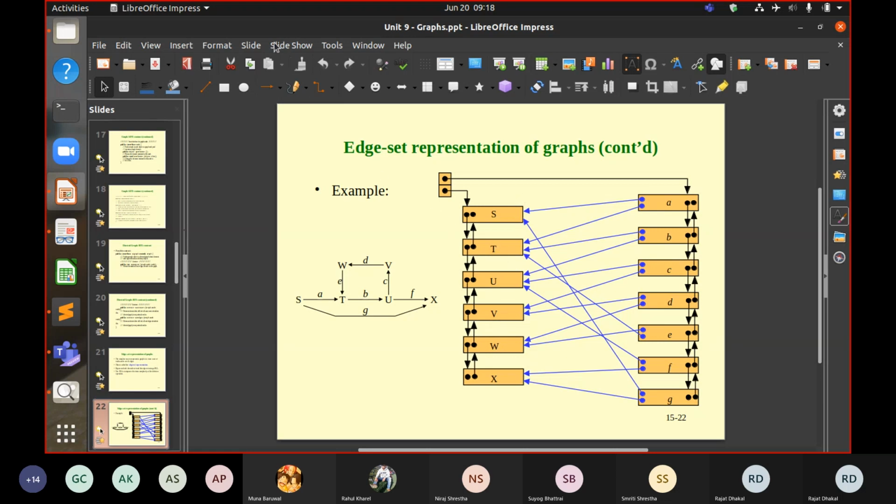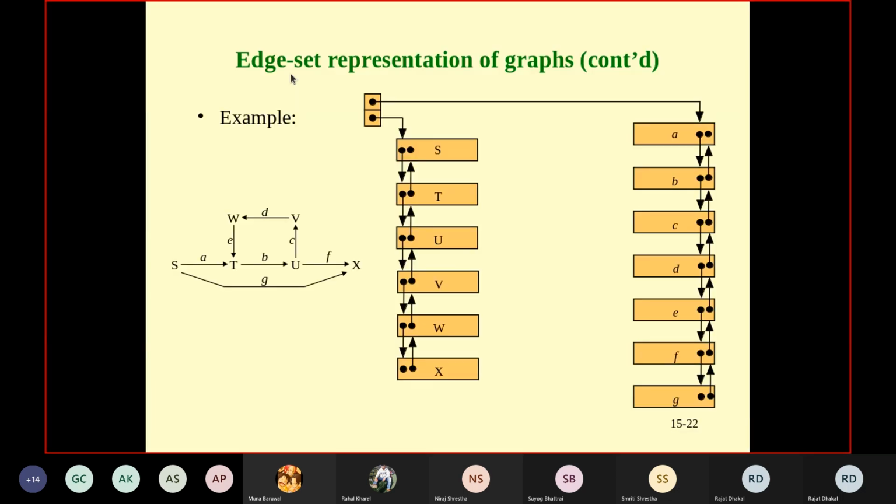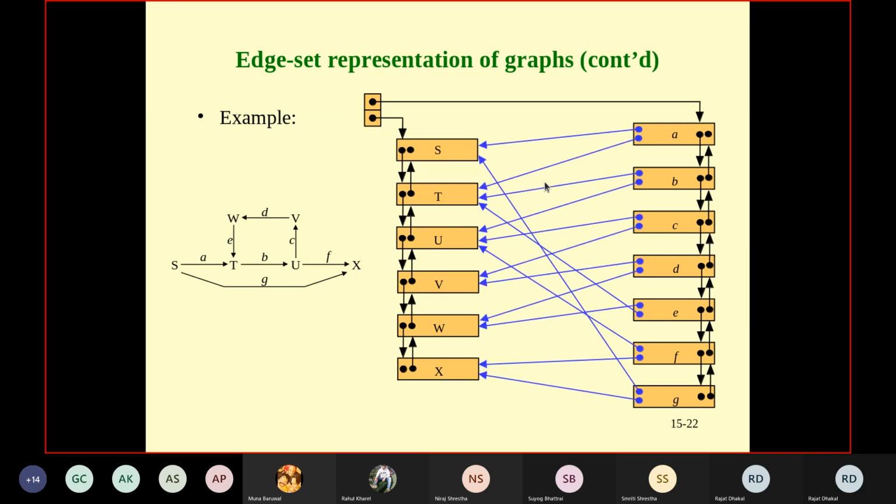All right, so if you start with here, this is one linked list of the nodes, and this is the other of the edges. In our implementation, what these blue lines are is dependent on us, but the coming slides will tell you how it makes sense. But I had given this task to all of you to make sense of this, whatever you understand, and then pitch it in the class.